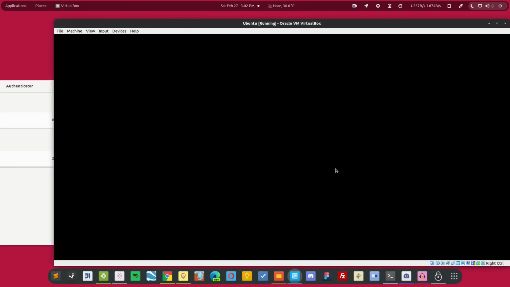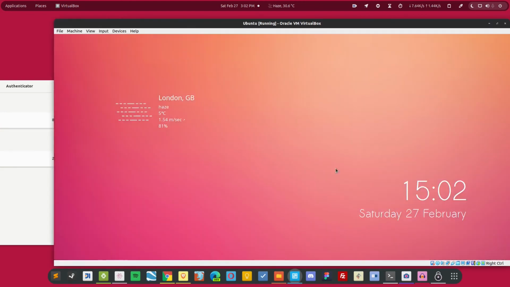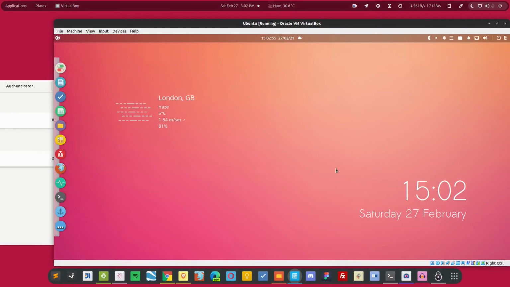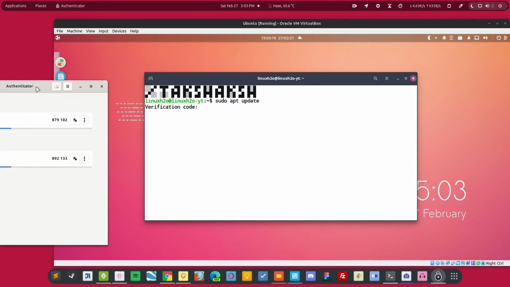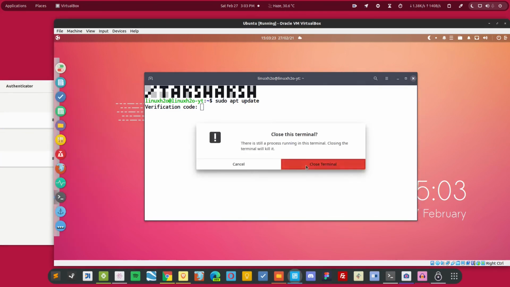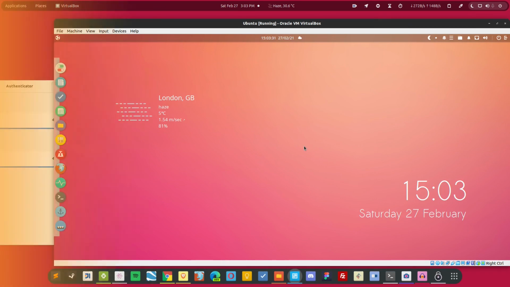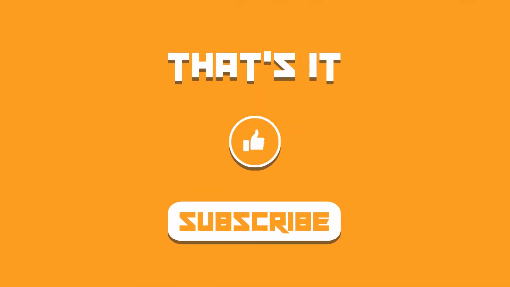That means no other person can log in to the system without having the two-factor authentication code. Now this also works on the root user. When you try to update your system, it asks for the password again, because it has to authenticate the user. So this is how you set up two-factor authentication in your Linux distribution.